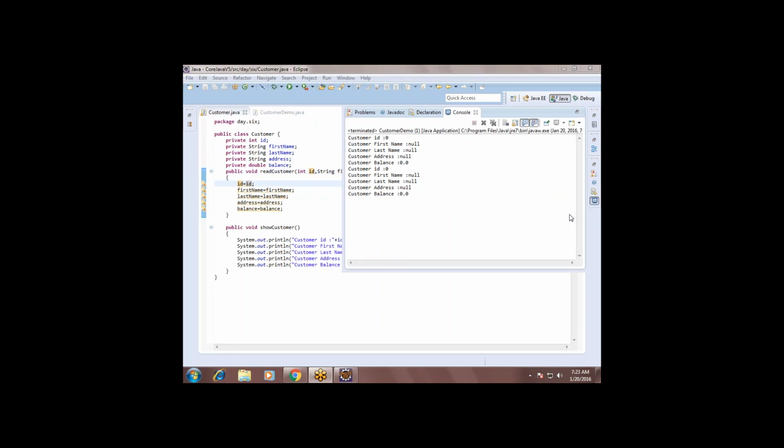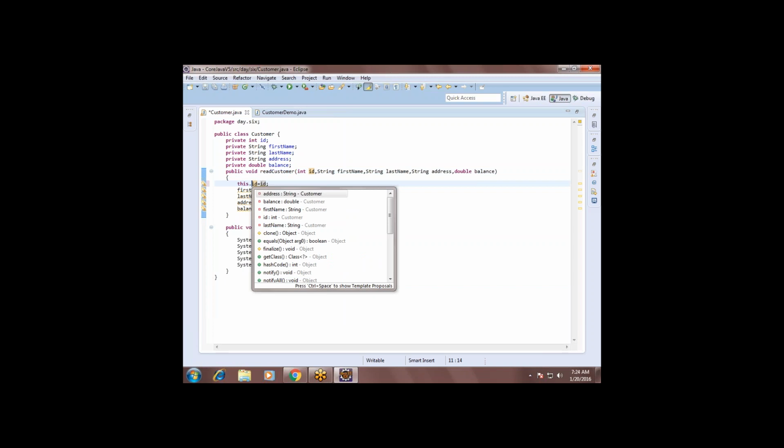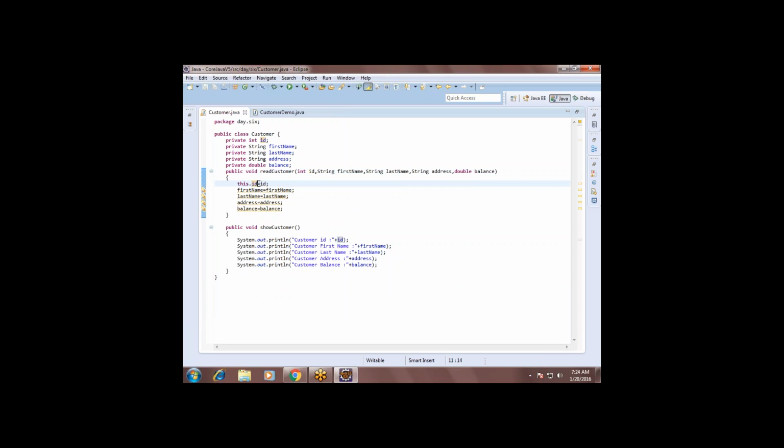Why? You need to specify which is the instance variable and which is the local variable. The compiler is unable to differentiate between an instance variable and a local variable. Both are local variables here. So we need to differentiate them. How will you do that? Either you go with different names, or, if I don't want to compromise with the names and want to use the same name in the local variable also, then the better choice is to use a keyword called this. This automatically differentiates the local variable from the instance variable.